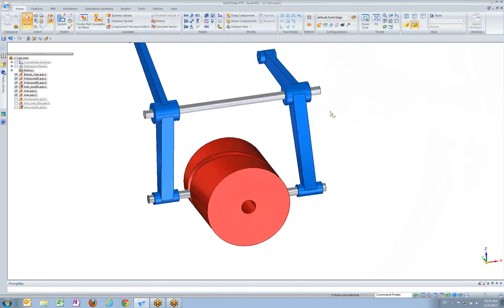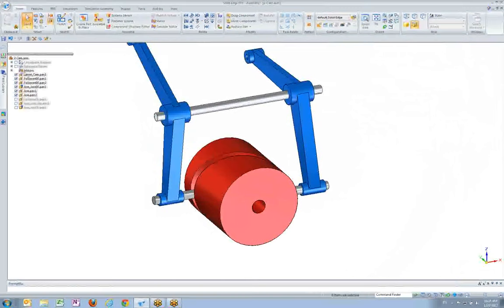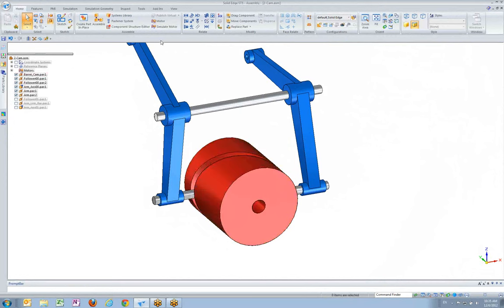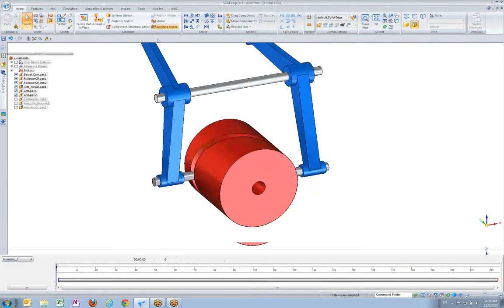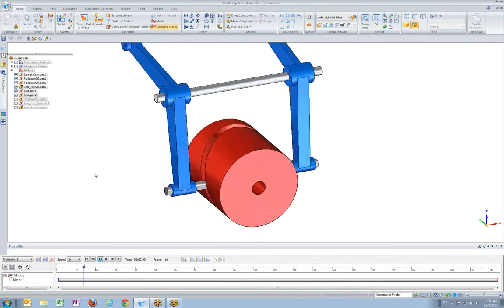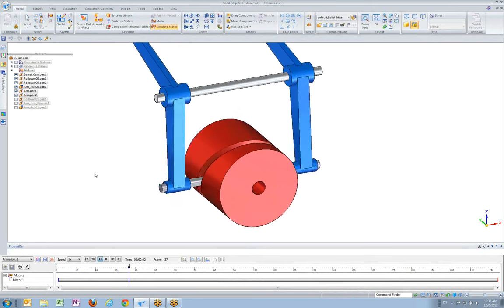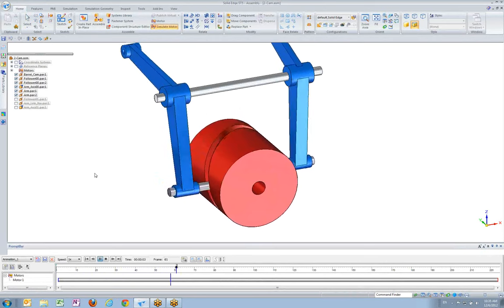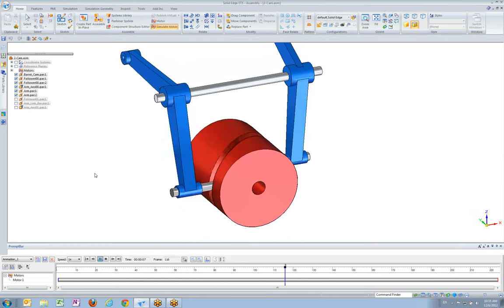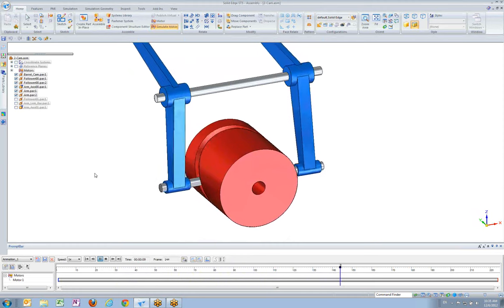There are a couple of ways we can actually simulate the mechanical motion. We can use the drag component like we did before, but you see there's a motor that's been placed in this assembly. A motor can be something that simulates motion rotating around an axis or linearly along an edge, but this motor's been placed in the center of the cam, so if we go to create simulate motor here and hit the play button, that's going to rotate that motor that's already there for us. And those relationships will come into play and give us that barrel cam assembly relationship. So using these new enhanced features, you can create some pretty complex mechanical action here with